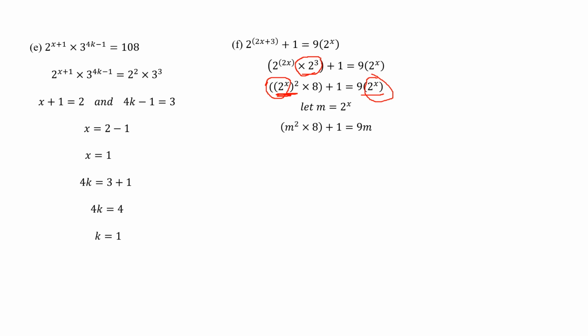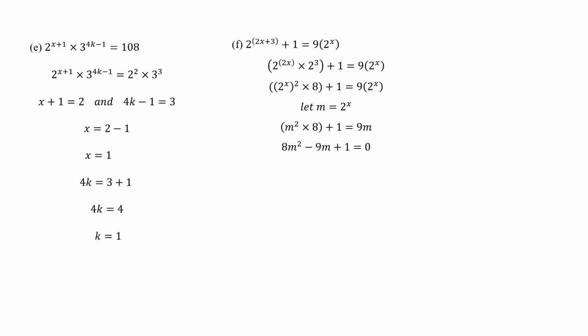So that is m squared, because this 2 power x had a power 2 here. So the power 2 comes on the m, then times the 8 which was there. Then on the right hand side, the 2 power x, we have said we are calling it m. Now I try to rewrite the equation,